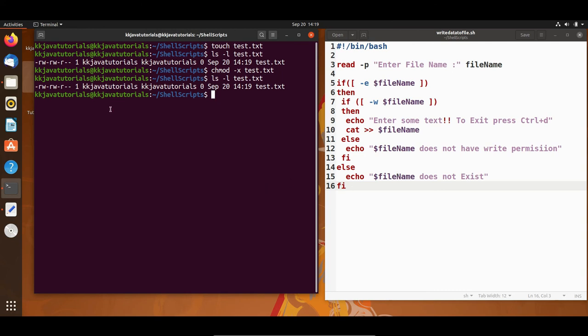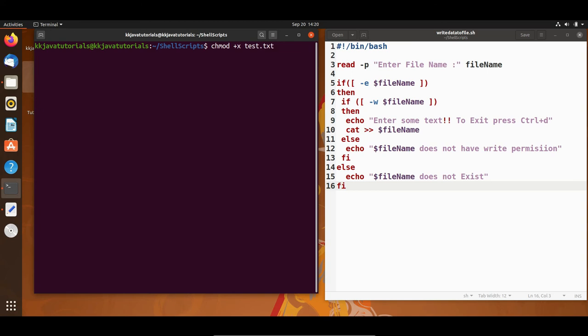So if I check, that was supposed to remove write permission. I know, okay, I have removed execute permission, guys. So I'm going to add execute permission back. I was supposed to remove write permission. I have restored execute permission, but I would like to remove the write permission. To remove write permission, you have to write -w, meaning write, right? And if I do ls -l, then here you can see I do not have write permission, right?